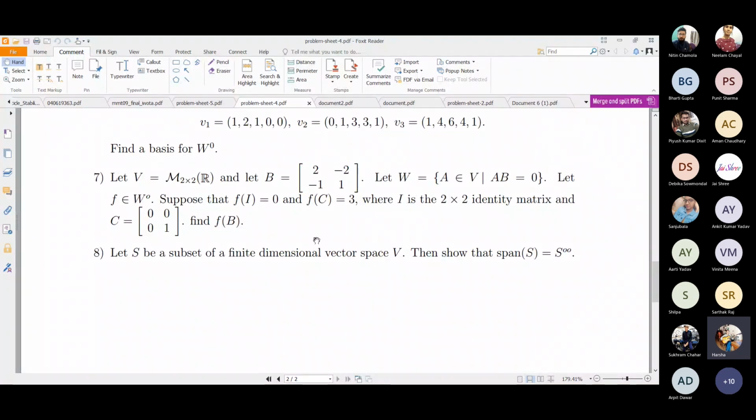सर यहाँ पर गिवन है AB इक्वल्स टू 0 मैट्रिक्स। तो A को कोई भी जनरल मैट्रिक्स ले लिया है और उसको B से जब इनटू किया तो 0 आना चाहिए। तो उससे A का फॉर्म पता चल गया। तो A मस्ट बी A1, 2A1, A3, 2A3 टाइप का होना चाहिए। तो मतलब कह सकते हैं कि A इक्वल A1 [1 2 0 0] प्लस A3 [0 0 1 2] इस फॉर्मेट का।